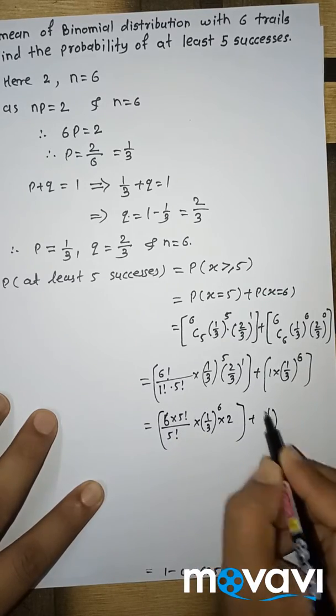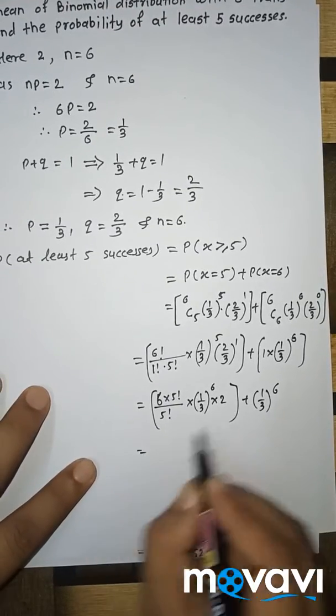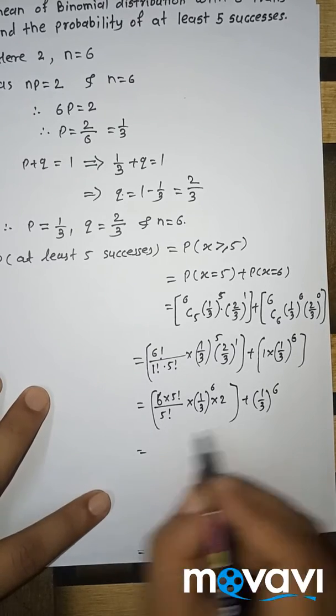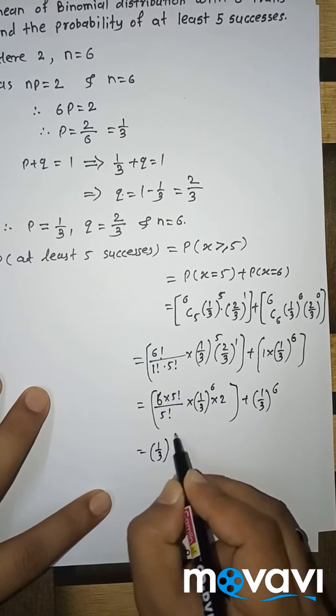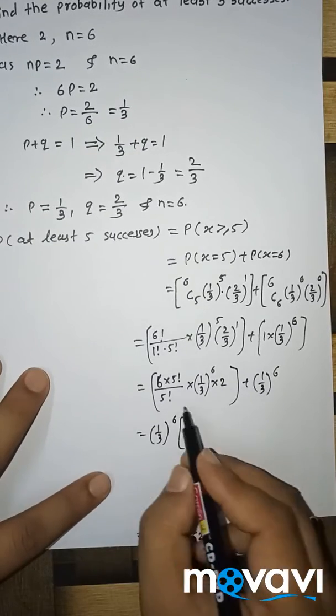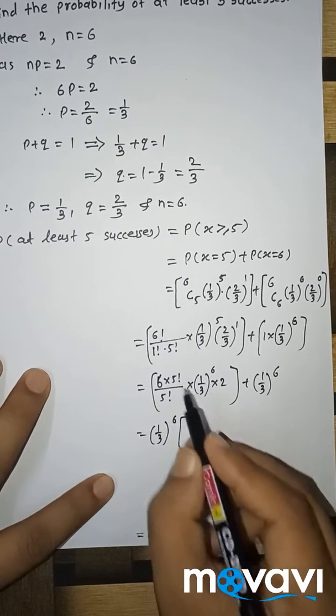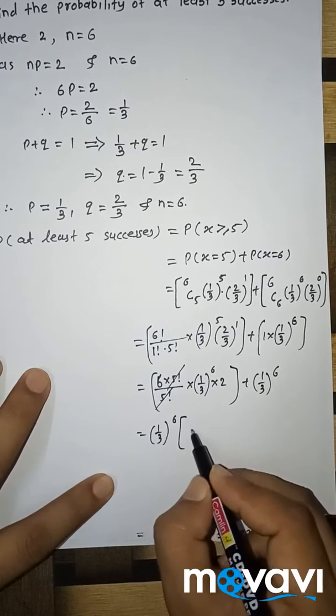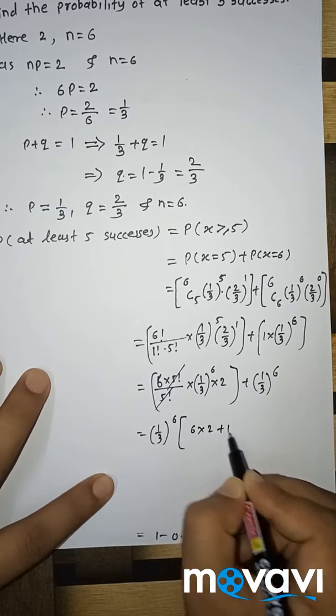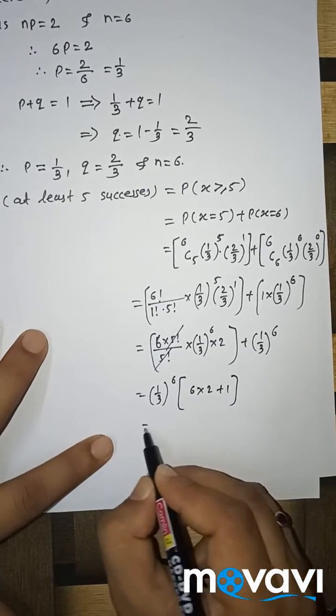plus 1 upon 3 raised to 6. Then here 1 upon 3 raised to 6, here also 1 upon 3 raised to 6. We can take this outside this bracket. We get this 5 factorial is cancelled with this 5 factorial, so 6 into 2 plus 1, this is equal to 1